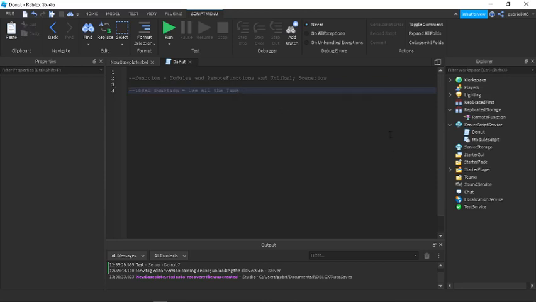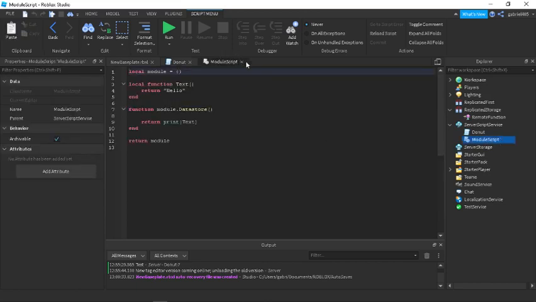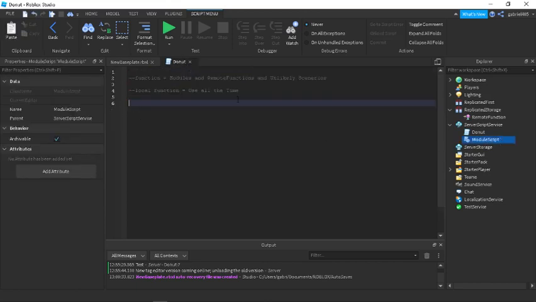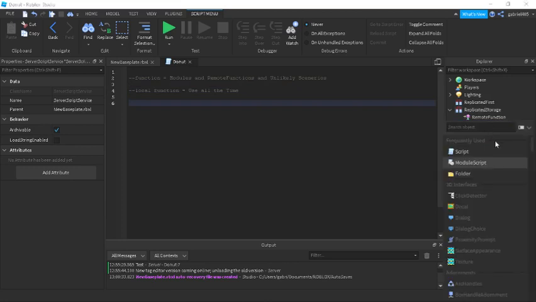And yeah, that's pretty much it. What else could I say? I think that's pretty much it about local and global functions. Definitely use local functions. I don't know why, like when we look at a script from Roblox,